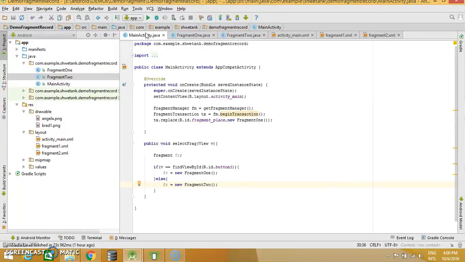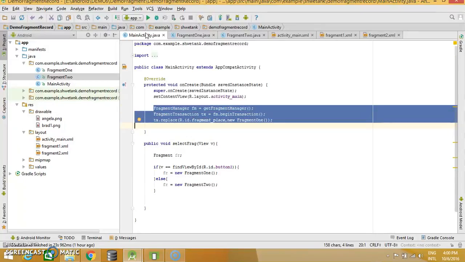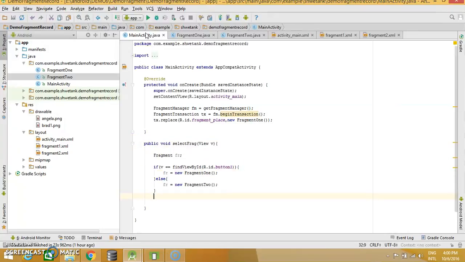Alright. Now I will again have to call these three statements because a button has been clicked, and the only change which I have to make here is I have to put fr here, right?